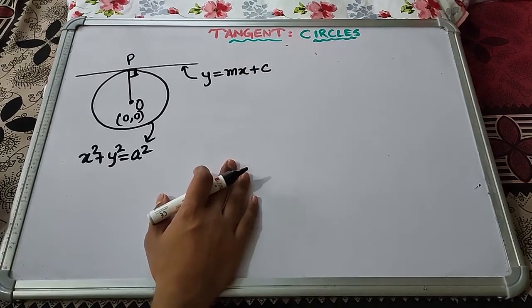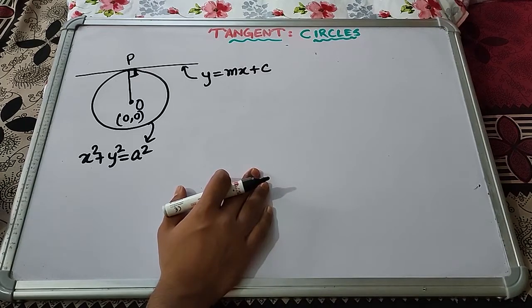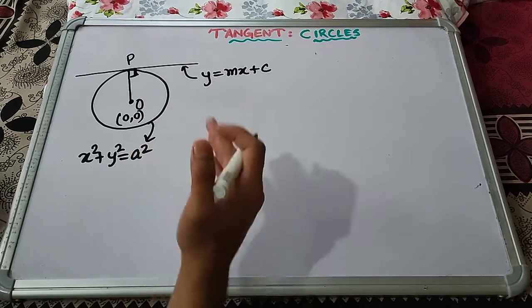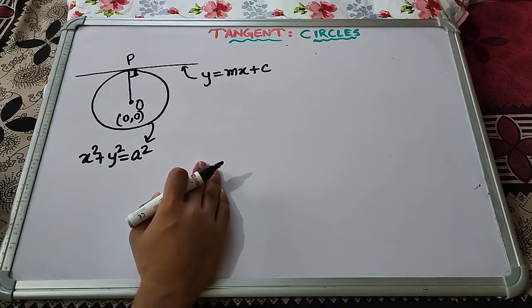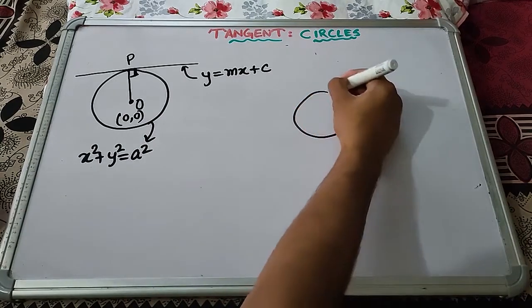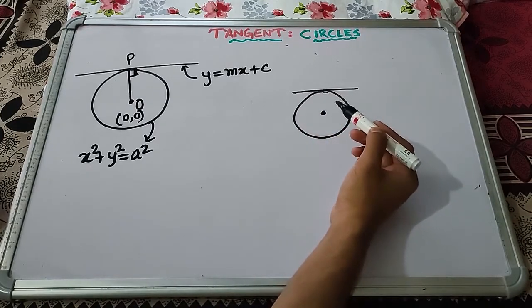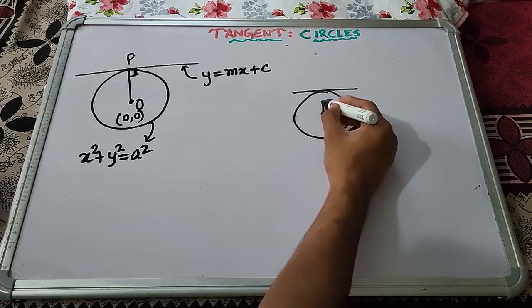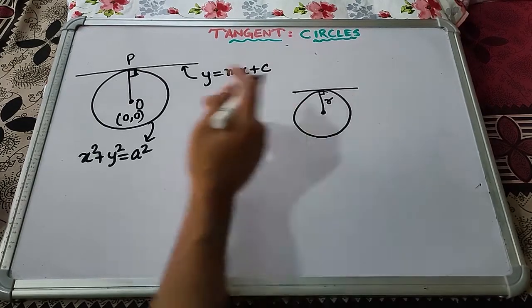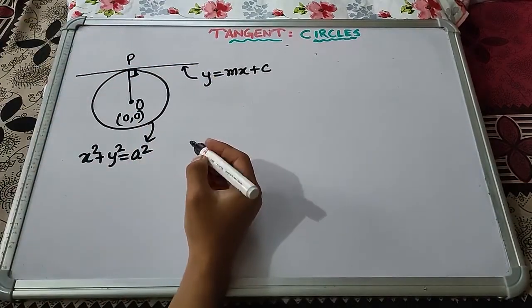So let us begin with the first type of equation of tangent. We will learn several types of equation of tangent which will be required in different questions. Now you need to judge, based upon your practice, which format is suitable for which question. For the first equation of tangent, we will use the concept of a circle which we learned earlier in class 8 or 9th level: if this is a circle and this is a tangent, which is a line that touches the circle at a single point, then the perpendicular distance from the center to the tangent is equal to the radius. Yes, our concept is so basic. We will use this basic concept to find our equation.